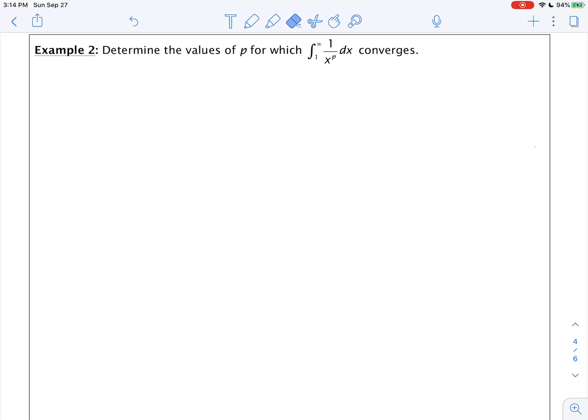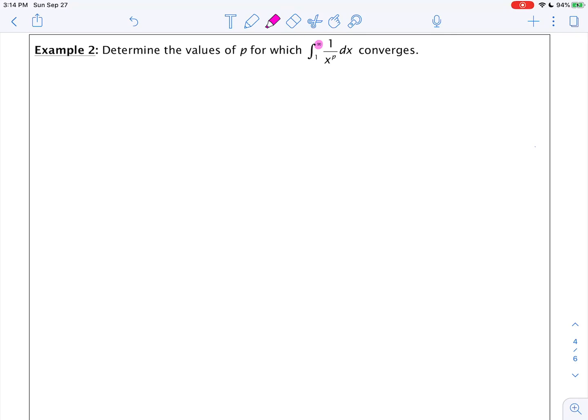Hello again. We are talking about improper integrals under the section of techniques of integration, and we're still talking about part 1 or type 1 of improper integrals, and that is when we have infinite limits of integration. And we see here we've got an integral from 1 to infinity. We could have an integral from 2 to infinity, 7 to infinity, negative 500 to infinity, but we're going to